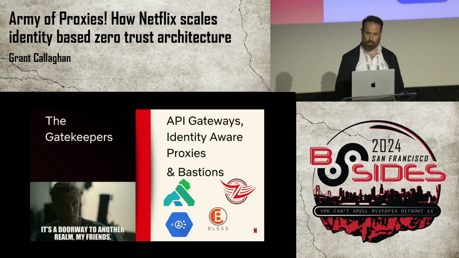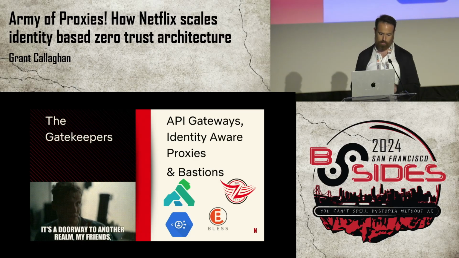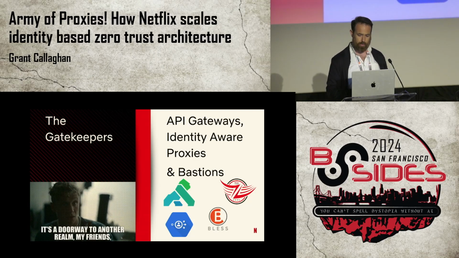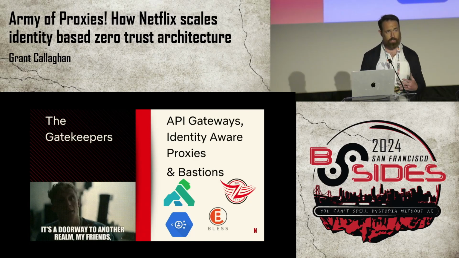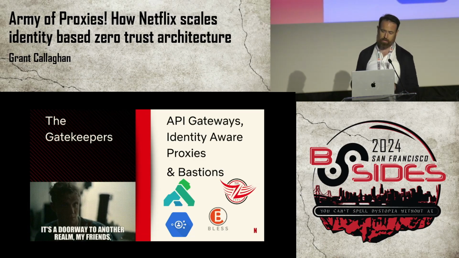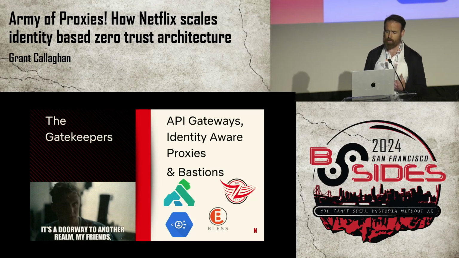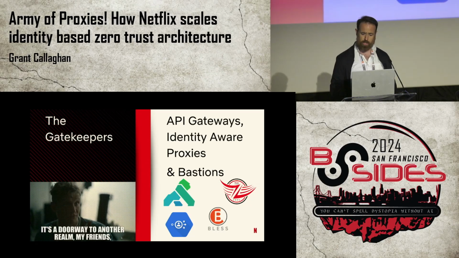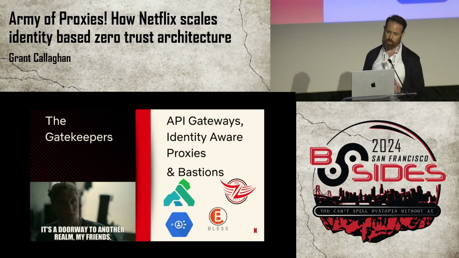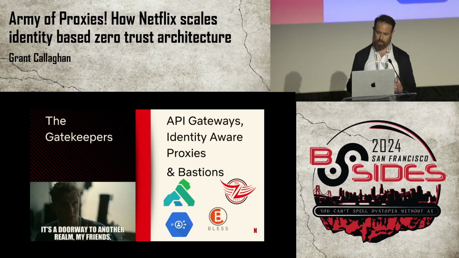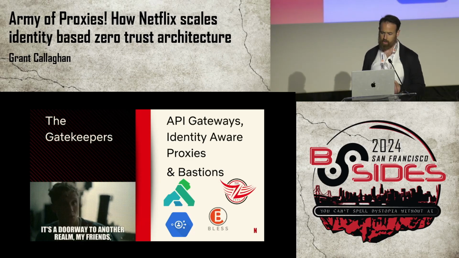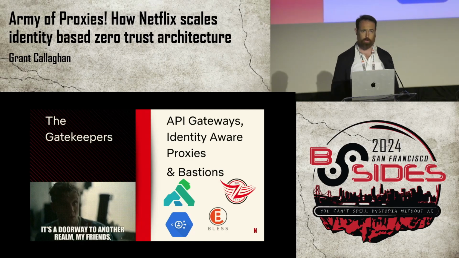When crossing this threshold, requests are inspected for valid credentials. These are often exchanged from external to internal representations. And finally, these requests get routed to internal services to get fulfilled. Additionally, engineers might need to get direct instance access for debugging. So our network uses bastions and jump hosts to protect with an SSH cert authority called BLESS. This allows engineers to go through that protected proxy, centralizing authorization logic and reducing our key material sprawl.